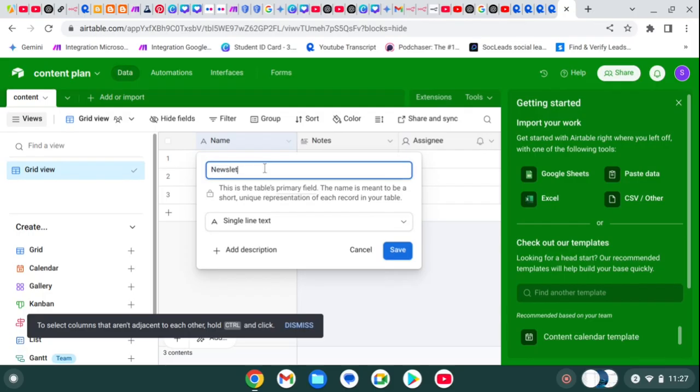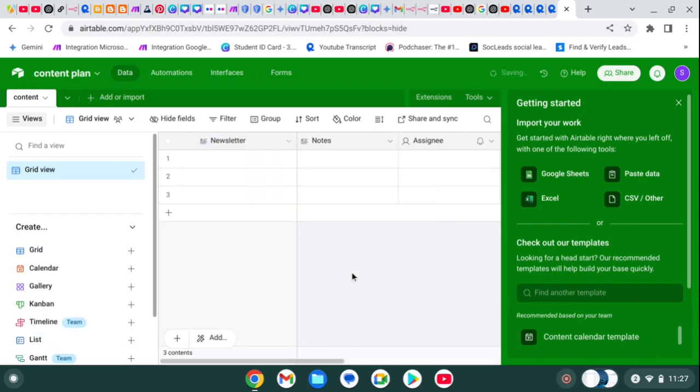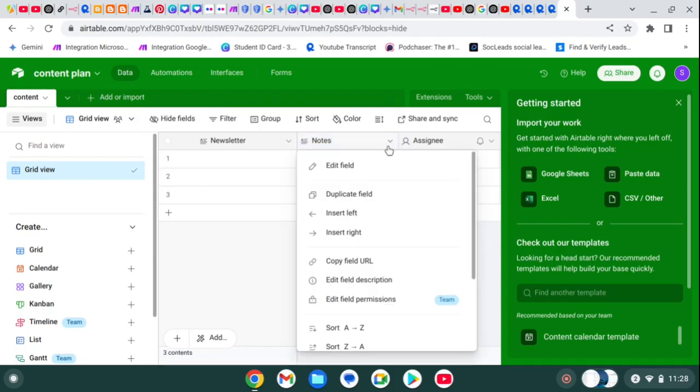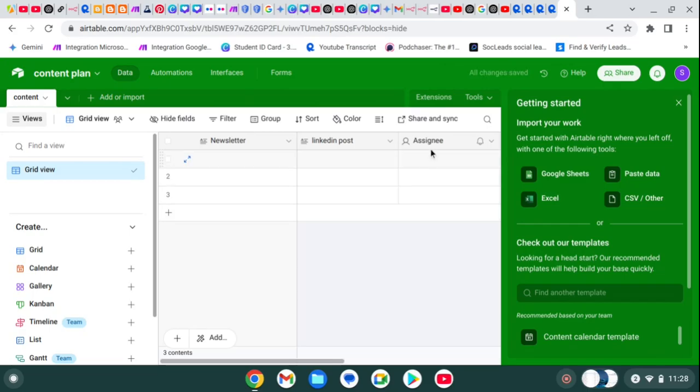newsletter, and text, change this into long form text and simply save it, and also convert this into LinkedIn post. Please select this one. I think this is not selected. And click on edit field and simply type LinkedIn post. I simply save it,